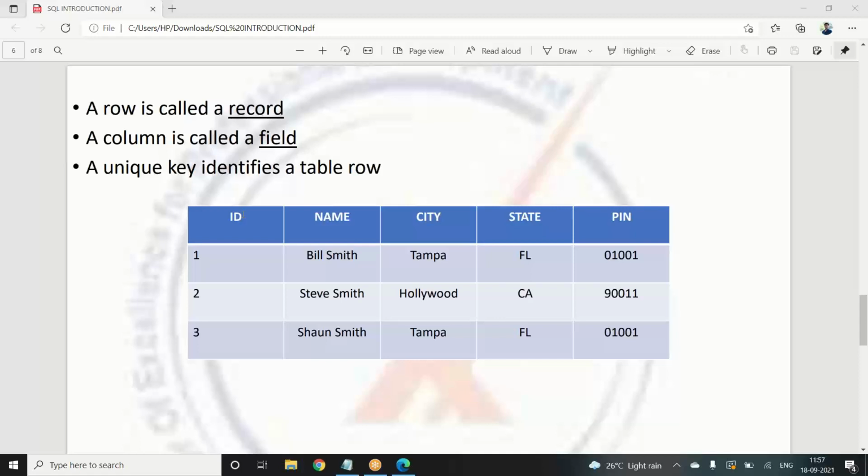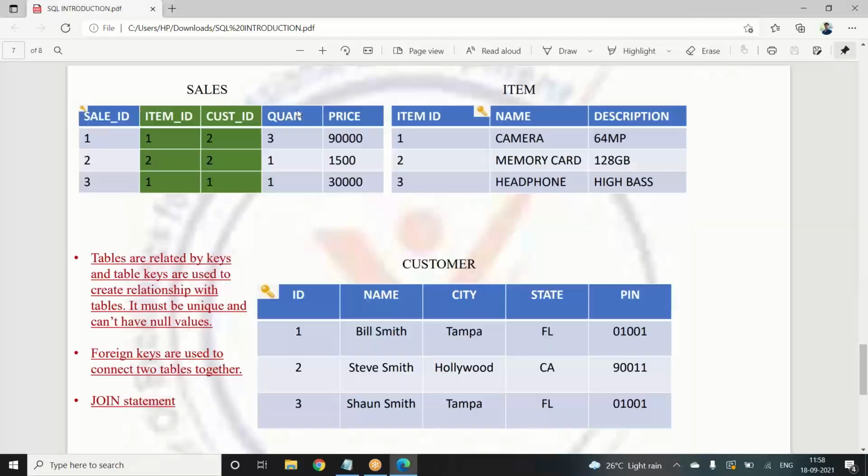So first off, we create a table, we fill it in with the data, and after filling it, we identify which one is unique, in which column or in which row we have no such repetitions, and everything is different. Once we identify that unique column, we give it a primary key. Let's say we have two tables, X table and Y table, and in both tables ID has a primary key. One is a customer database, and the second one is a product database. We'll have that option here on the next slide.